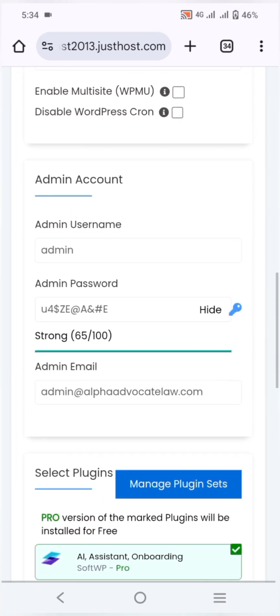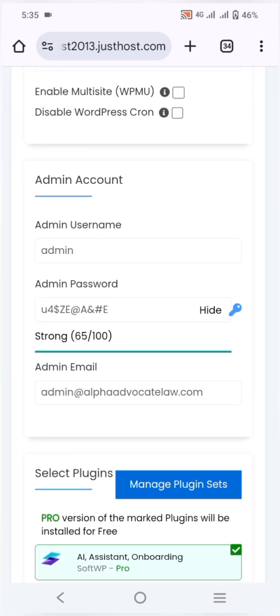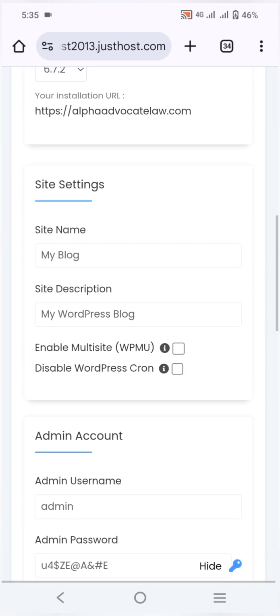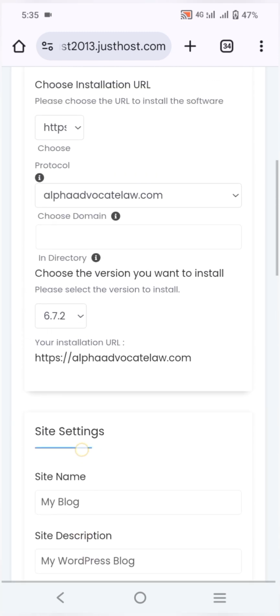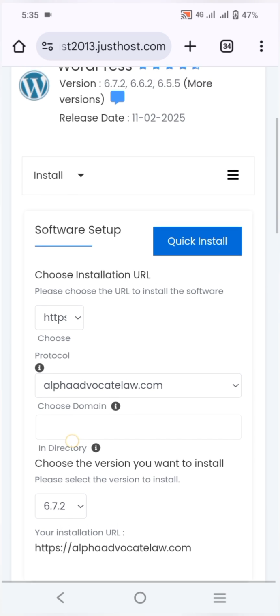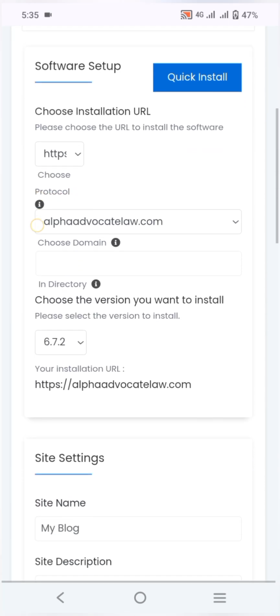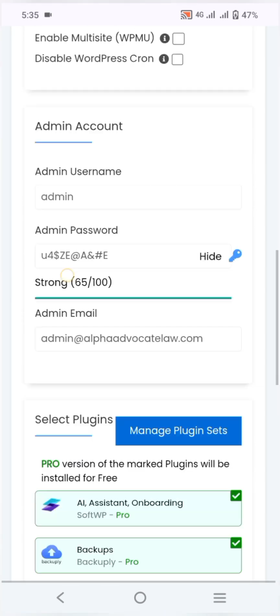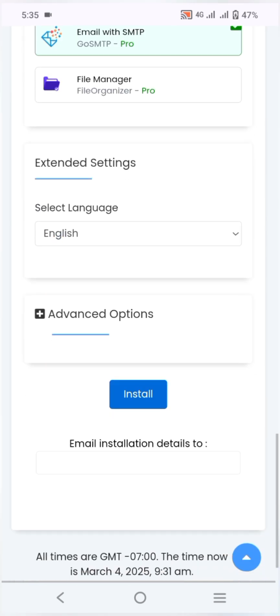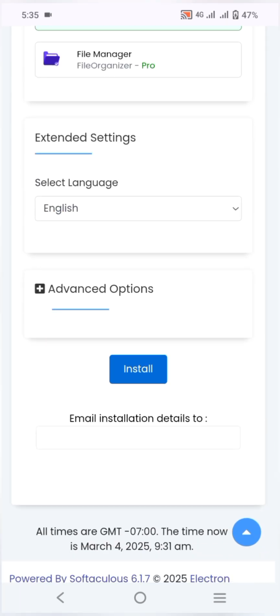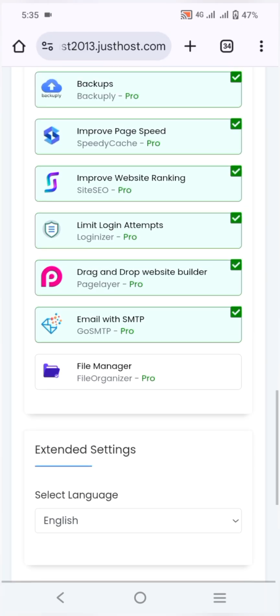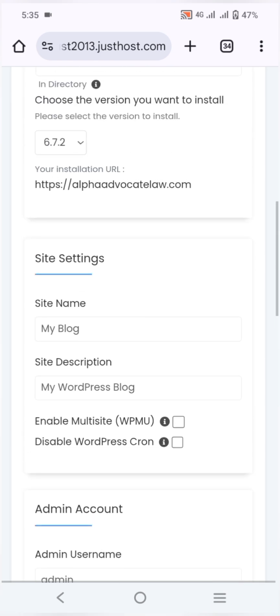So that is it. You save your username, admin, and password. You can decide to change this later, and I will show you how you can change it later. So after checking out if everything is okay, you click on install. This is the part where you click on install. When you click on install, it will load to show you it is completed. So after that,